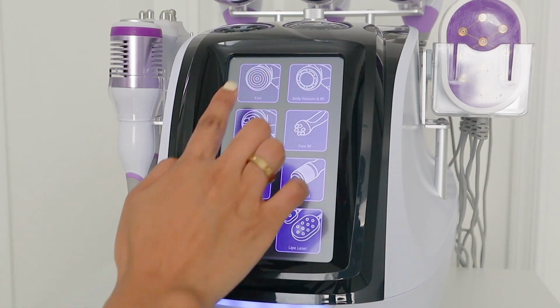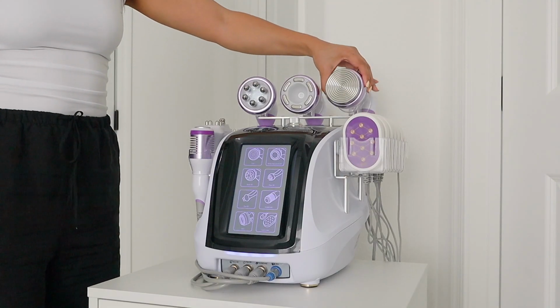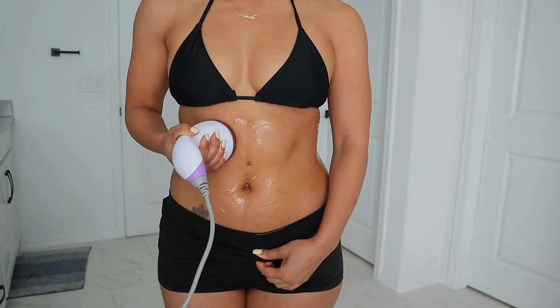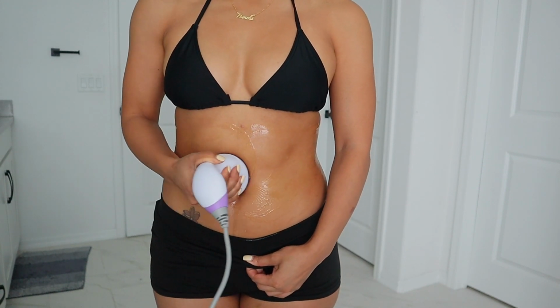Start off using the cavitation head. This is going to break down all of your fat cells. I will use it for the maximum amount of time that you're supposed to use it for, which is 30 minutes. I kind of go in a slower motion with this so that it can effectively zap every fat cell